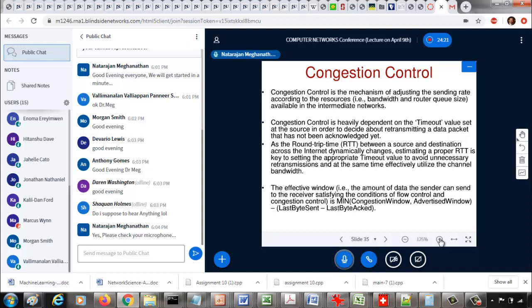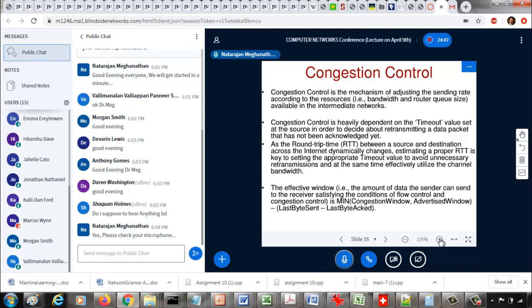So we have to consider both flow control as well as the congestion control problem. It's not sufficient for the destination to be able to accept whatever data comes based on its buffer space. If the intermediate networks cannot send anything, data won't make it to the destination first of all. Alright, so that is why congestion control is also an important thing to be considered, and we have to decide